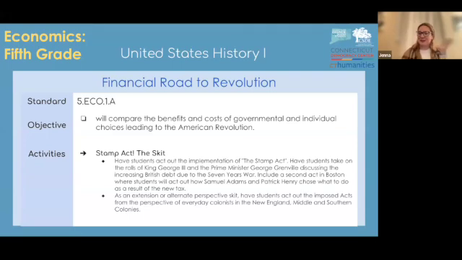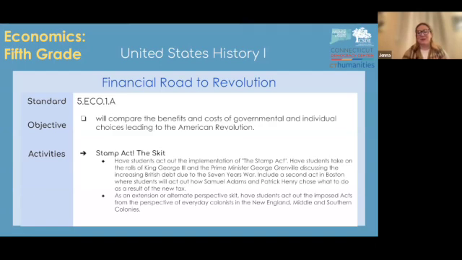So, Stamp Act, the skit: you can have students act out the implementation of the Stamp Act. Have students take on the roles of King George III and the Prime Minister George Grenville, discussing the British debt and how they were going to handle it after the Seven Years' War. You can also include, in a second act, what was happening in Boston, where students